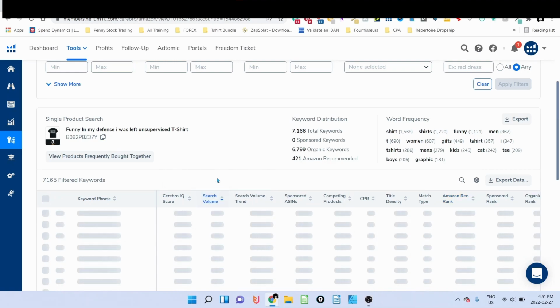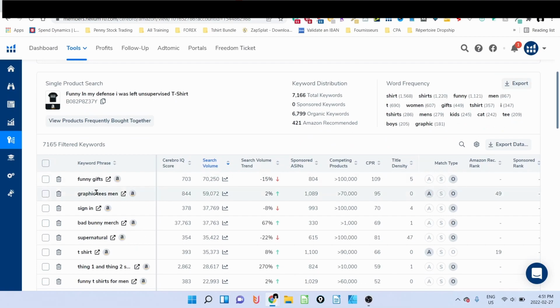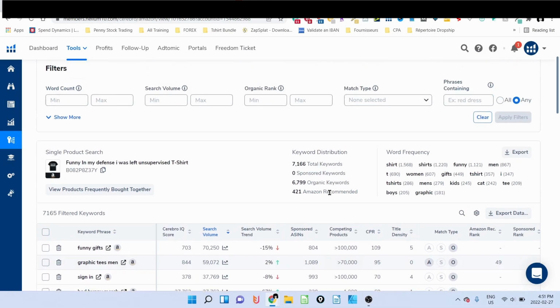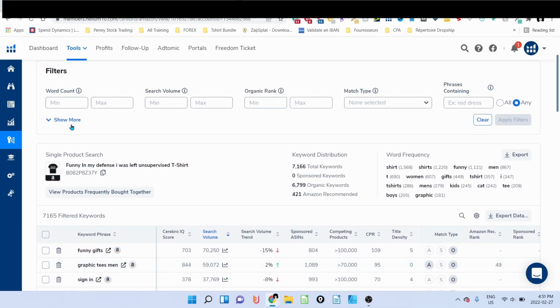Now, if I sort by search volume, you're going to see that, for example, funny gift has 70,000 search volume, but you can see the competing product count is really high. So what we want to do here is find low competition keywords with high search volume, okay? And if I want to